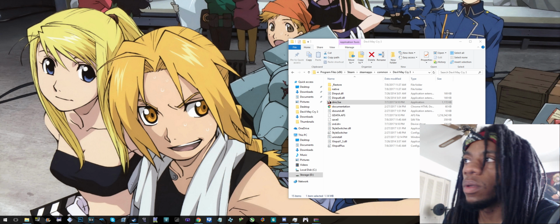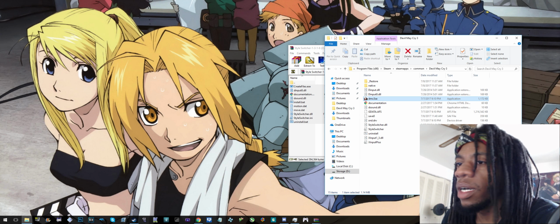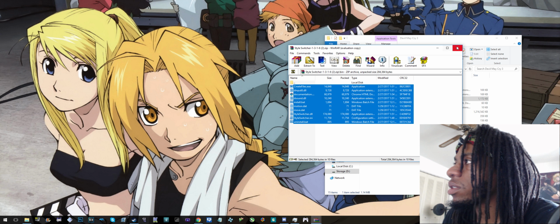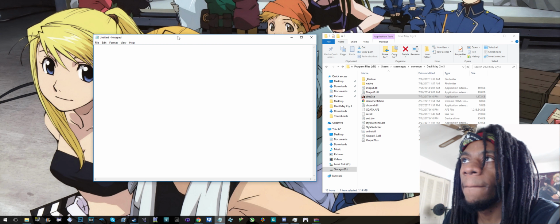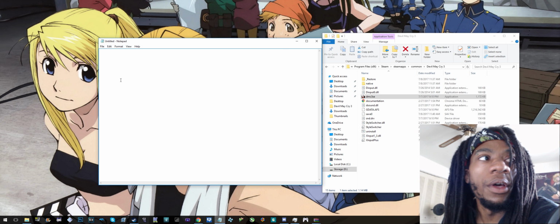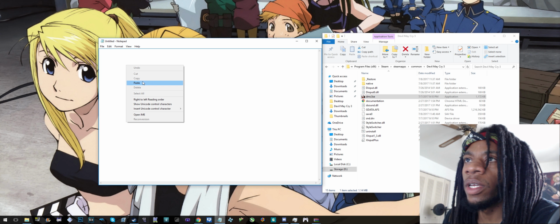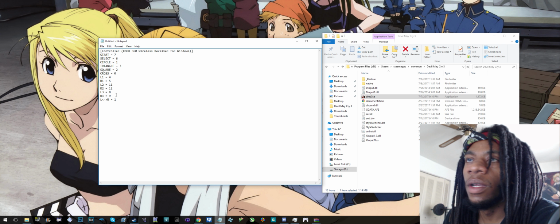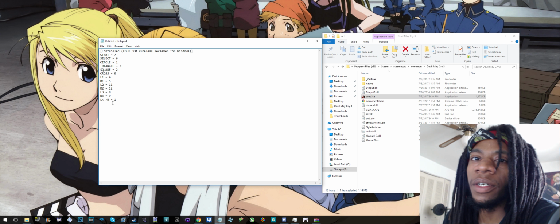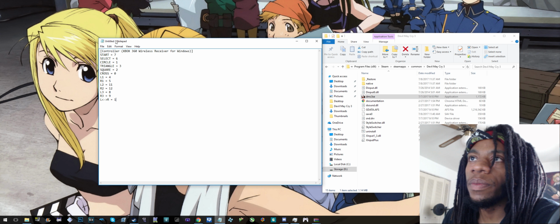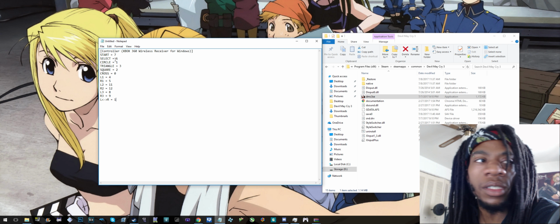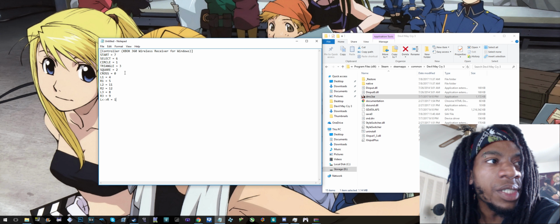Alright, so with the mod installed, we're done with that. What we want to do next is open Notepad and paste the controller that you have. Whether it's the wired one or the wireless, paste it right here. Unlike the controller support without the mod, you don't need the hashtag and the lines and stuff. Paste this right here, and then you want to save it as